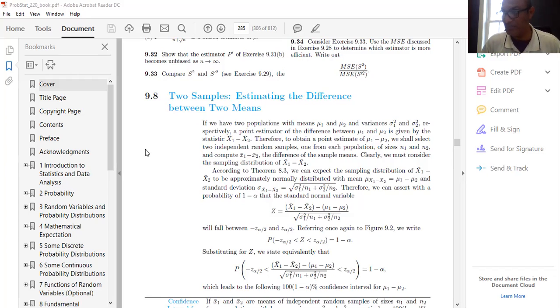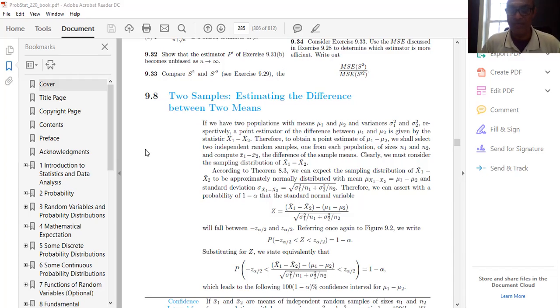Make sure that the selection of both random samples is independent, one from each population, that is of size n1, and the second one of size n2. As I told you, they could be the same, or they could not be. Most of the times they are not the same. And we compute x1 bar and x2 bar, the sample means for 1 and 2, right? The difference of the sample means, x1 bar minus x2 bar, and we consider the sampling distribution of x1 bar minus